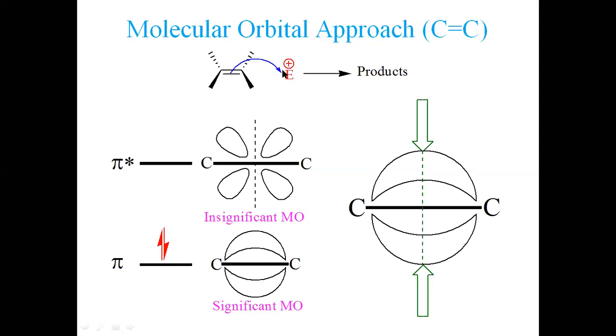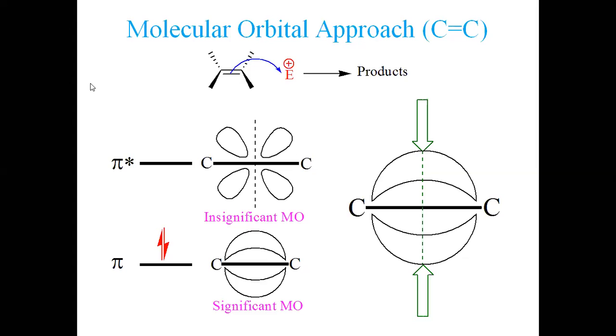But what is the question? In what direction does this electrophile approach? Either it approaches from this direction, or this direction, above the plane, behind the plane, or angularly. There are various possibilities. How does this electrophile approach the electron-rich center? This is the question. That's why the molecular orbital approach has been able to explain this, because molecular orbitals are very